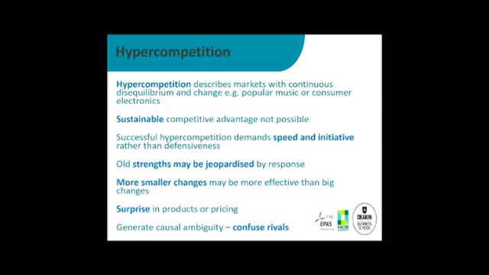This causal ambiguity is a problem for you, but you can introduce it. And that's a whole different concept, which I mentioned briefly the other day, the idea that by creating disruption in your environment, you can put your competitors off in terms of being able to judge what's going to happen next. If you can create enough disruption, you create a discontinuity and the whole market becomes new. And if you plan for that and you're ready for it, you can be emergent when the dust settles as the obvious go-to supplier in that market, because you're the only one who knows what's going on. But that requires a huge amount of planning and a lot of gambling.